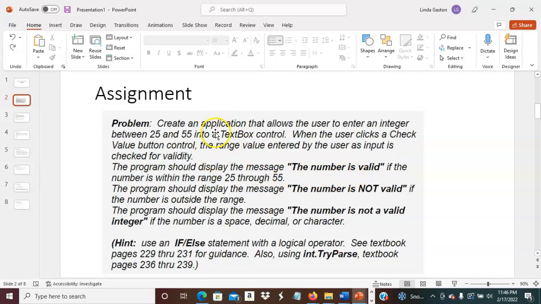In this problem, you're to create an application that allows the user to enter an integer between 25 and 55 into a text control box. So this is your first clue. You're going to have a text control box on your form. When the user clicks a check value button control, the range value entered by the user in the text control box